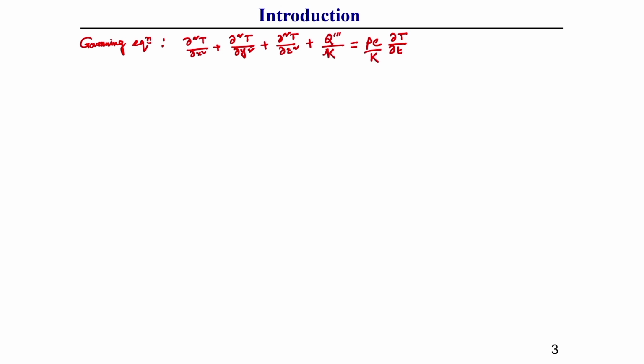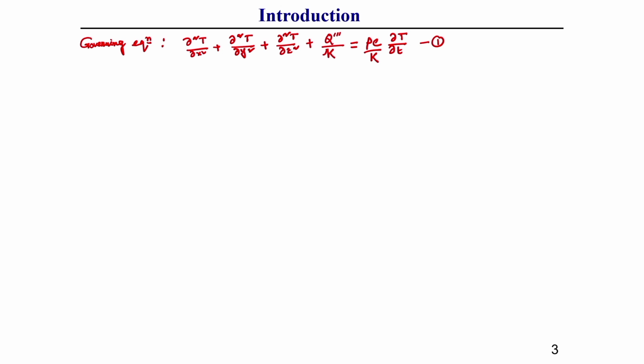This equation is generally called the Fourier transient heat conduction equation, and here we will use it for prediction of thermal history for different cases, for different types of heat source model. That is why we will use this as the governing equation for thermal analysis of the welding process. Here the output is temperature, and the inputs are material properties. What are the material properties?